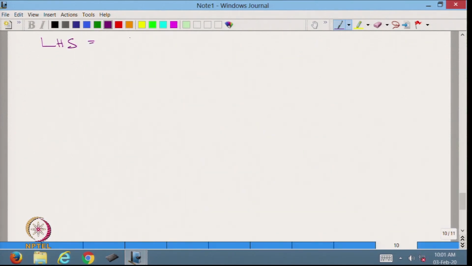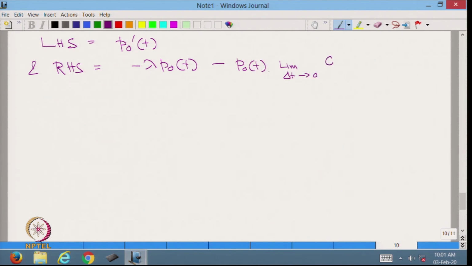LHS is equal to P0 prime t, and RHS is equal to minus lambda P0 t minus P0 t into the limit as delta t goes to 0 of big O of delta t square upon delta t. Therefore, this is equal to minus lambda P0 t minus 0, which is equal to minus lambda P0 t. Therefore, we get